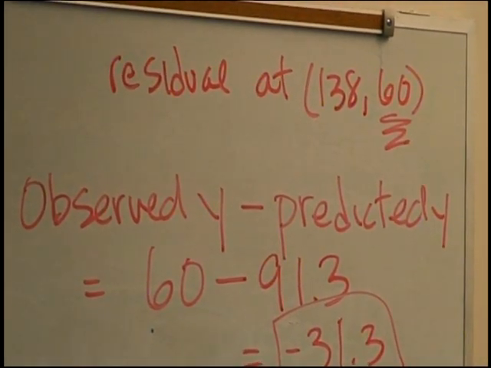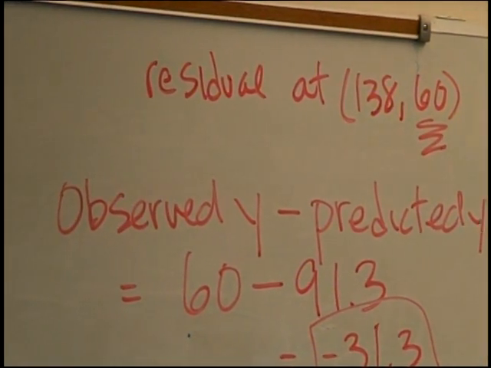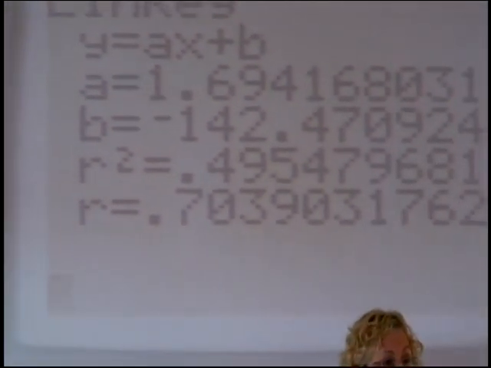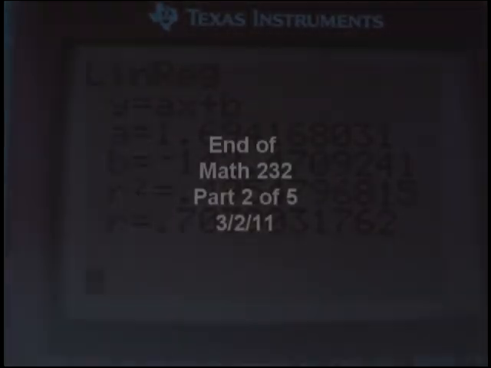Okay, so you see that you also get this number called R² in your output. And R² is indeed the square of R. And it also has a really nice meaning in regression, and that is, let's start out with this concept. Let's say